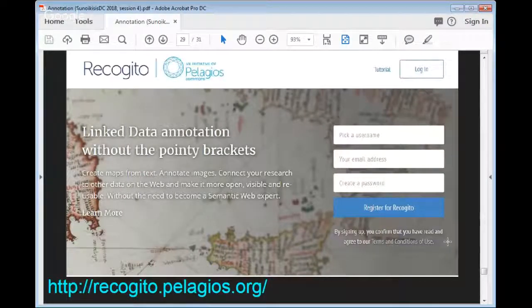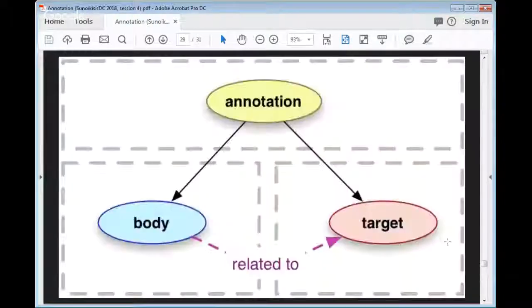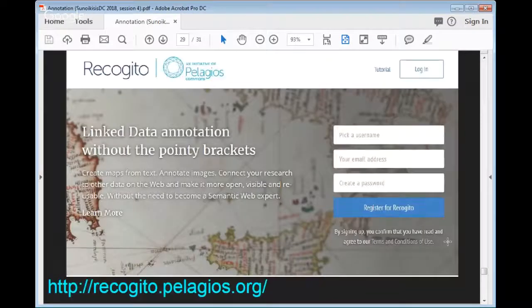What Recogito does is create a nice user-friendly interface for uploading your own text or image and creating annotations, just using point and click and typing, which in effect are open annotations, OAC open annotations in RDF in the background, but you don't ever have to see them. You just see your web interface that's very, very human friendly.